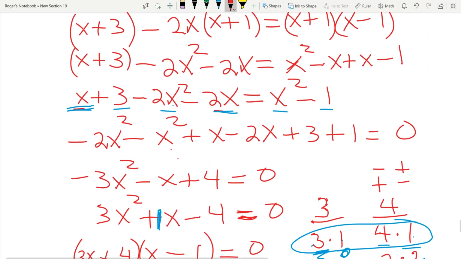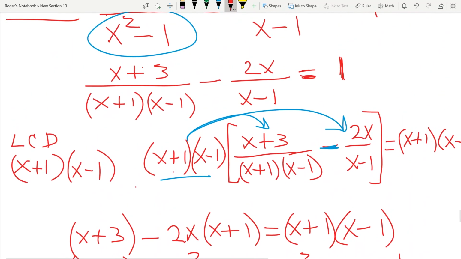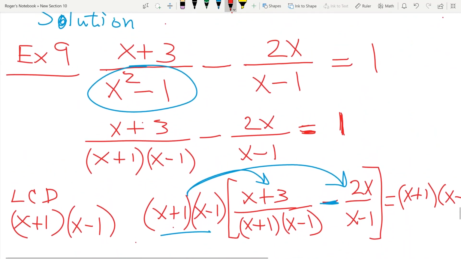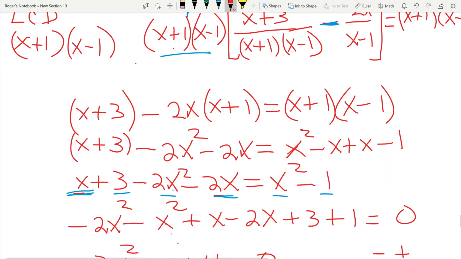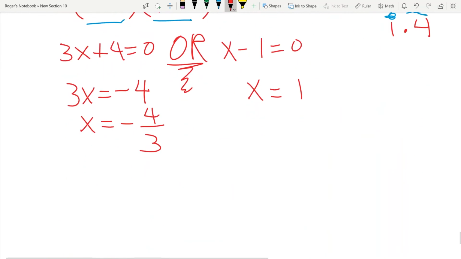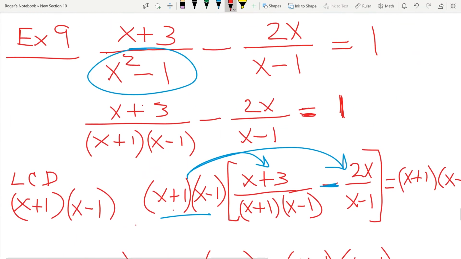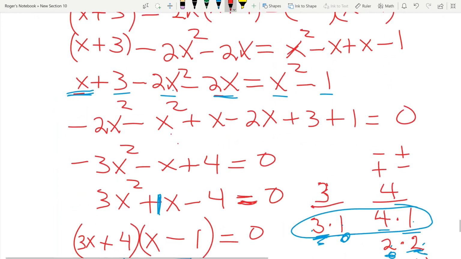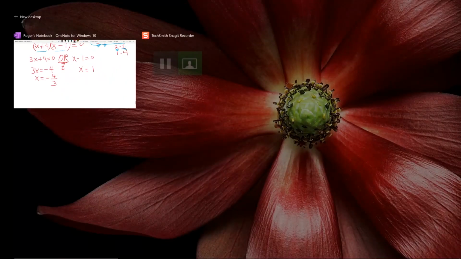Go back to our original problem where we answer that question. We come right back up here to the start and we say, do any of these give 0 for a denominator? X equal to 1. Sure enough, if x was 1, if you put a 1 right here, then you'd have 1 minus 1, which would be equal to 0, wouldn't it? So x cannot be equal to 1, even though we have a solution that says x can be equal to 1, but we know it would create division by 0. So therefore,